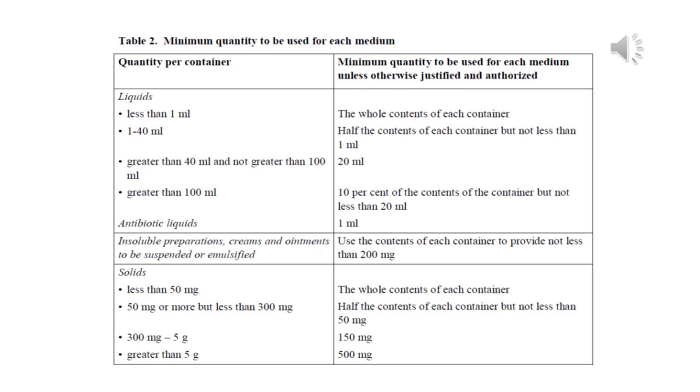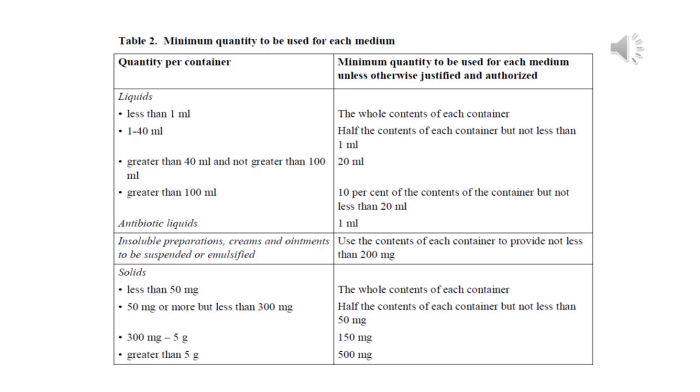Okay. Now those 10 containers that we have selected could be of 10 ml, 100 ml, 200 ml. How much volume or quantity of that material is to be used to perform the sterility testing, even that needs to be decided. You cannot randomly select any amount of the container size to perform your sterility testing. So this table tells you how much quantity per container you have to use to perform your sterility test.